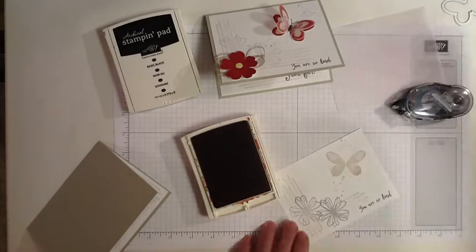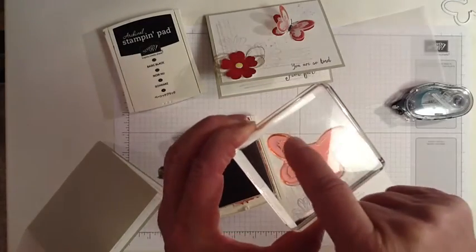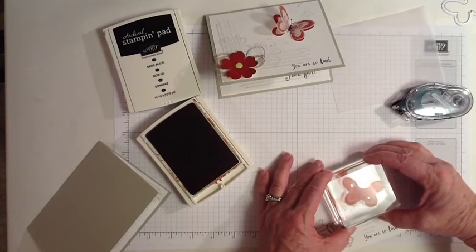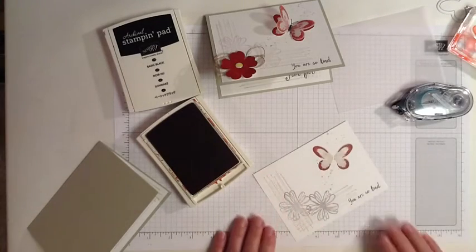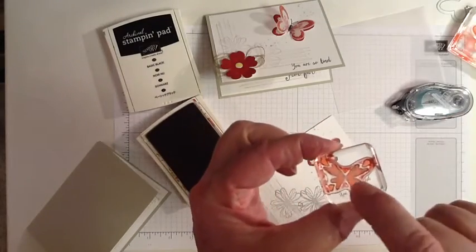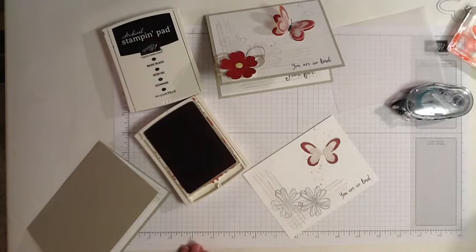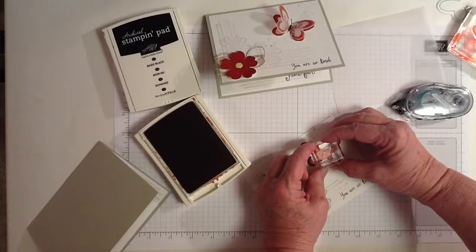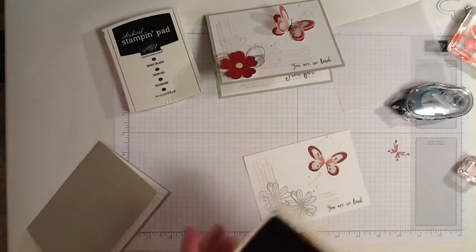So Cherry Cobbler, full strength, with this larger butterfly that it really just stamps an outline on the outside of the wing. So I'll put that over the top. There we go. And then the body, or the center part of the wing, I'm just using this small fill-in design, and I'm going to stamp off. So stamp off and then stamp on. There. Now